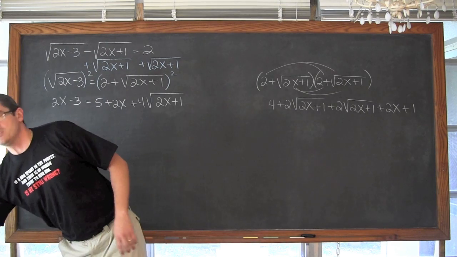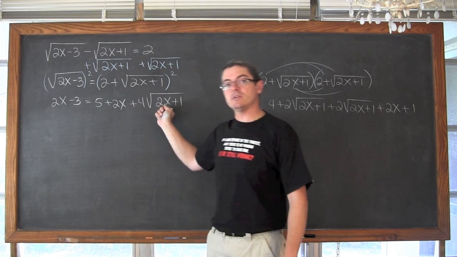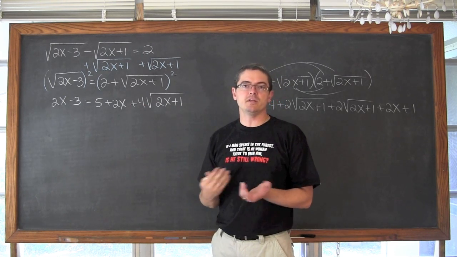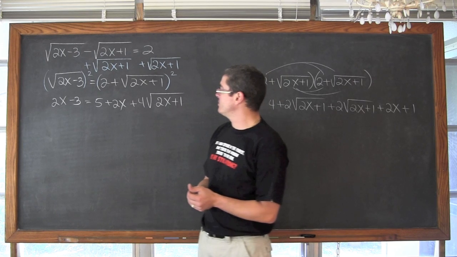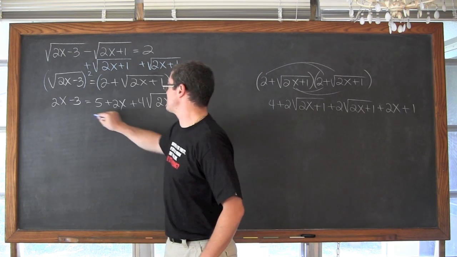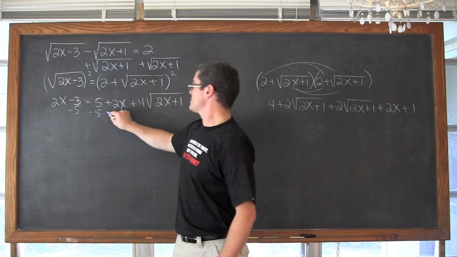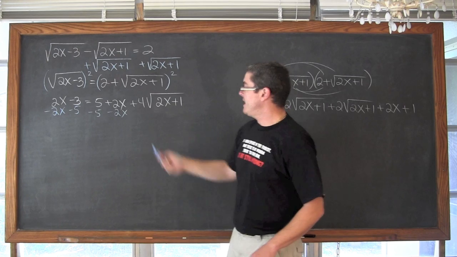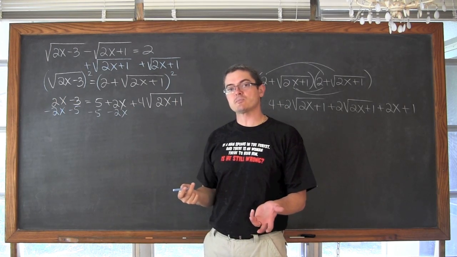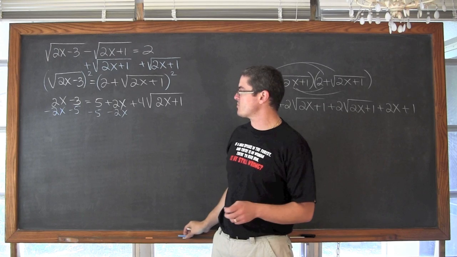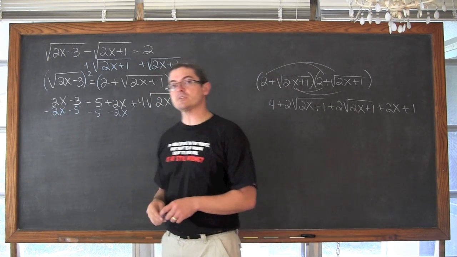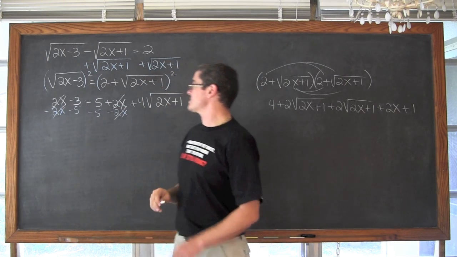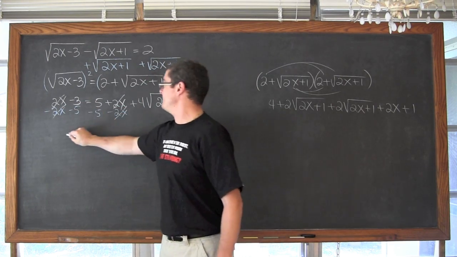Okay, well that means that we need to again re-isolate this square root over here, that term. I can get rid of the 4, however if it creates any fractions I'm going to go ahead and leave it there. So we're going to subtract both sides by 5. We're also going to subtract both sides by 2x. Oh, okay, so I see here that I have the 2x's on the left and right are going to cancel out. So we just saved some steps on this problem here. The fact that we're not going to have an x on both sides is going to save some algebra work. So the 2x and the 2x cancel out, and we have negative 3 minus 5, which is negative 8.